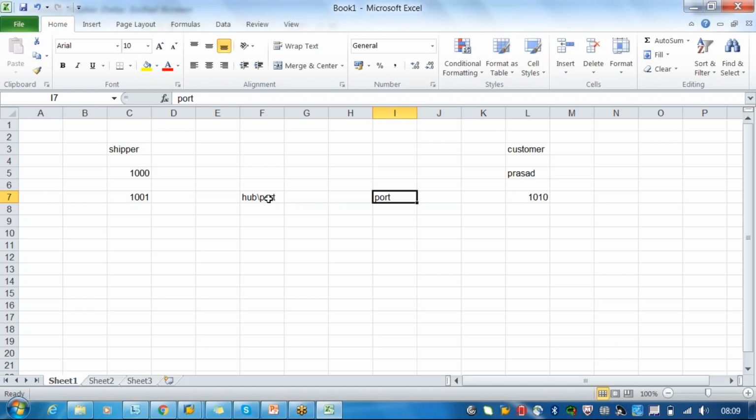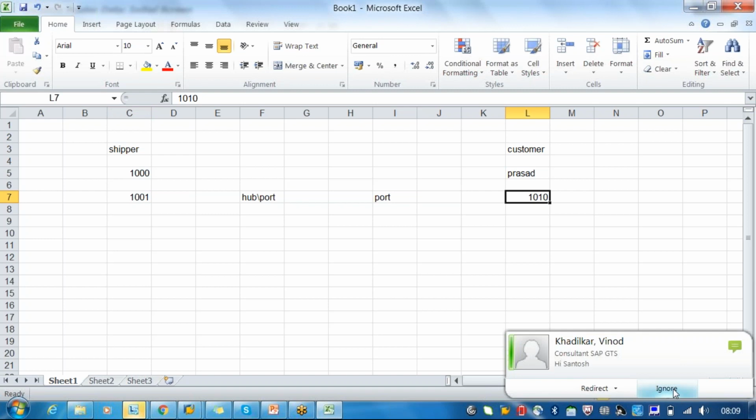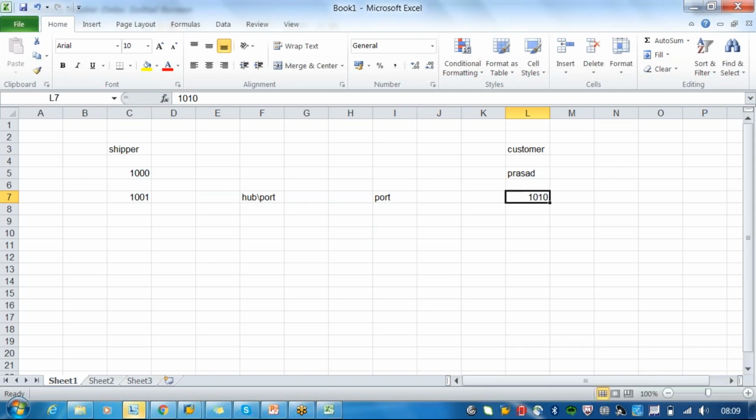But here, let's say for example we are going for the cheapest transportation mode. If the customer says, I want the delivery immediately, then you will go with air cargo. Or if the customer says, I don't have any problem, delivery can happen after 1 week, then we will go with the ocean cargo scenario.